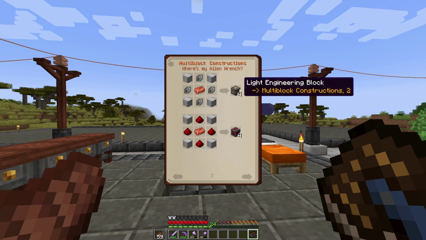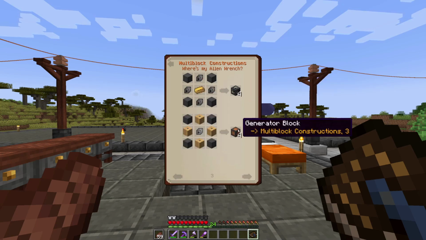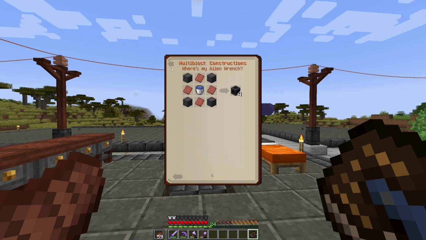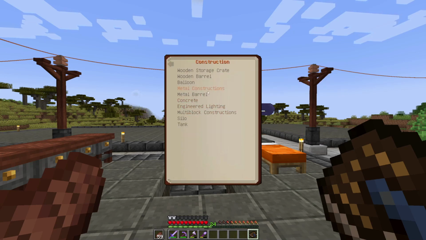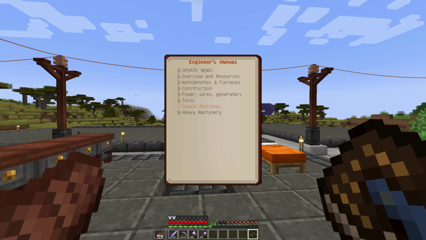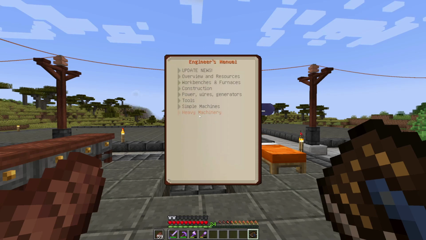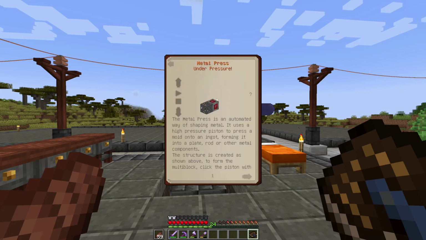So these guys here, it shows us how to make the light engineering block, the redstone engineering block, the heavy engineering block, and the generator block, and the radiator block. These two are used later in a bunch of power creation machines and the larger machines, but I'm not seeing... Powers, let's check tools. There we go. All right, so conveyors, which we're going to get into today. We'll mess around with that stuff later. What I want is heavy machinery, metal press. There we go. So the metal press